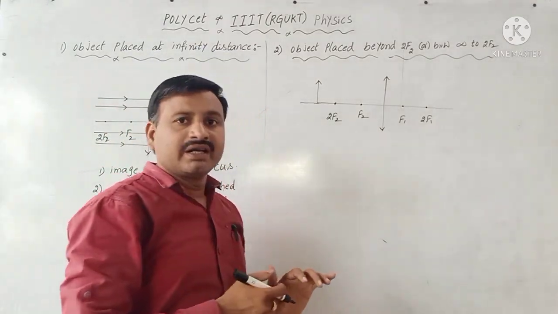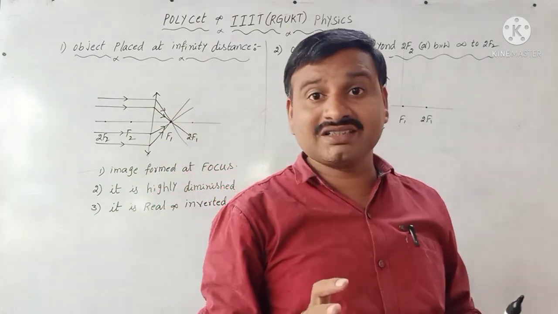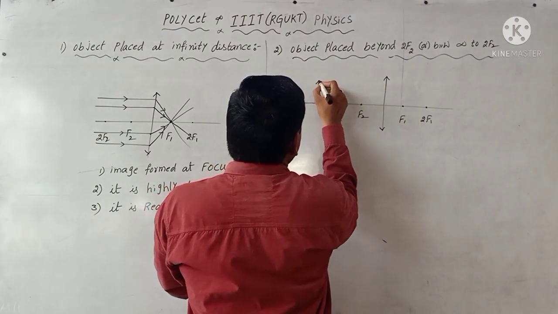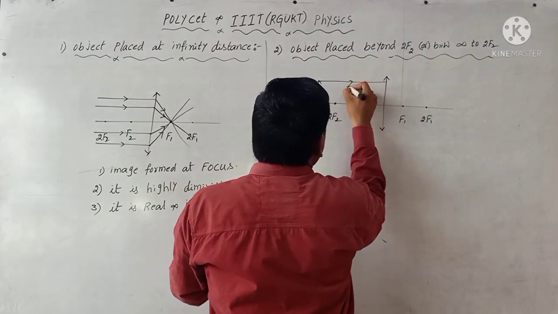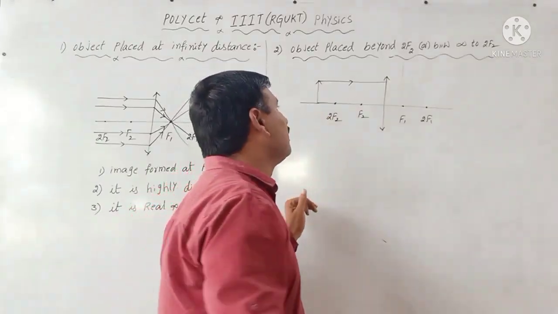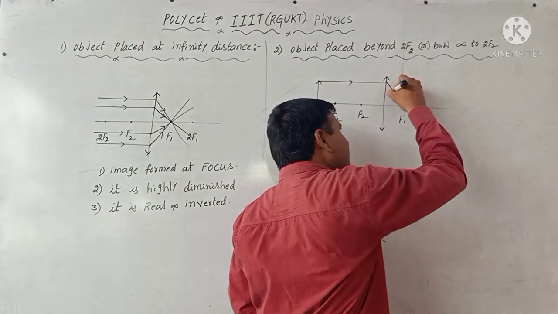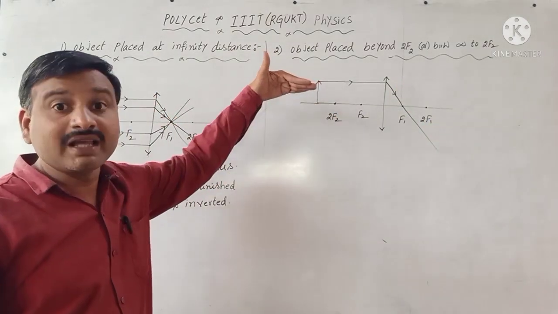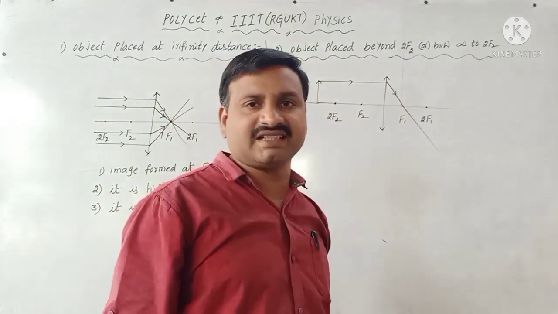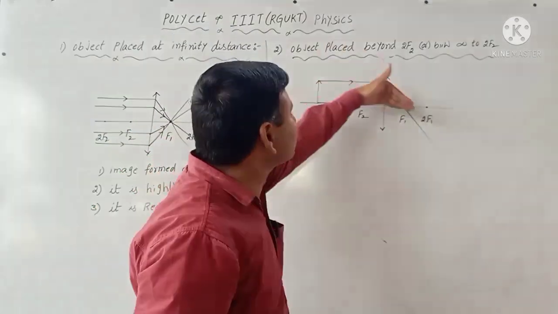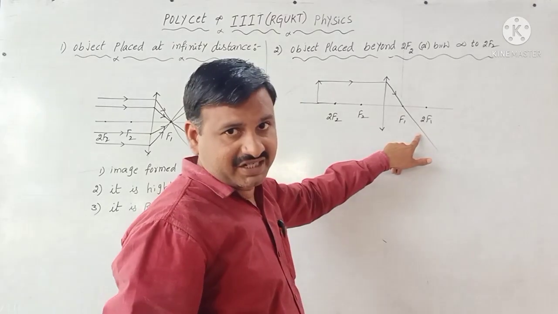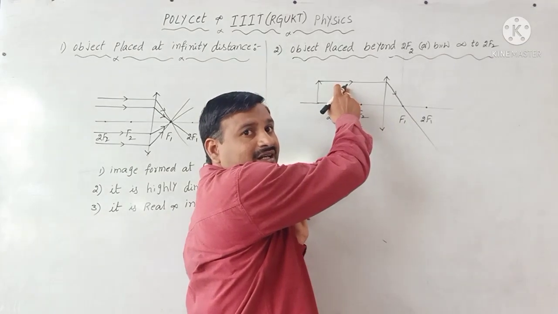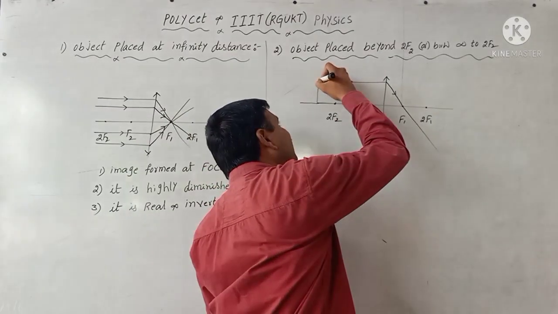Here we discuss 4 situations. So the first situation: a ray passing parallel to the principal axis. Rule 3: after refraction, it passes through the focus. It is the first one. A ray passing parallel to the principal axis, after refraction, passes through the focus. It is the deviation case. Now we take the undeviation case. Next we take another undeviation case.